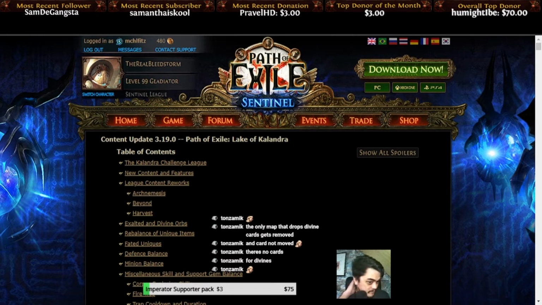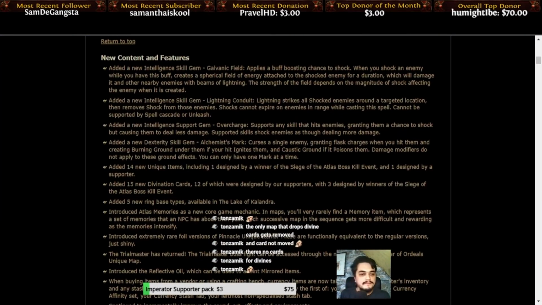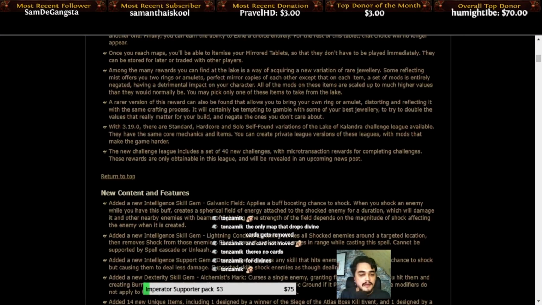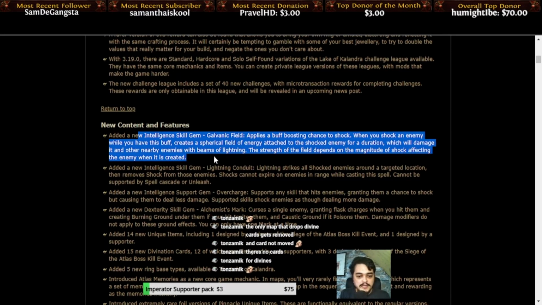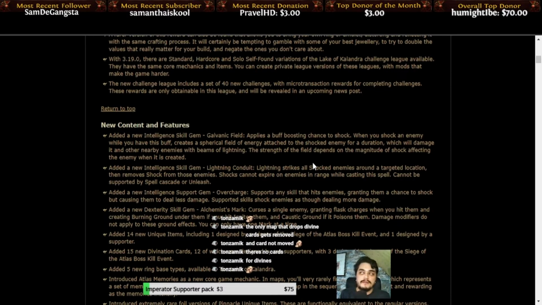So, one of the things that I found really nice is that they added 4 new skill gems, which is pretty good. They have a new intelligence skill gem, which is Galvanic Field, and what it basically does is it's almost like